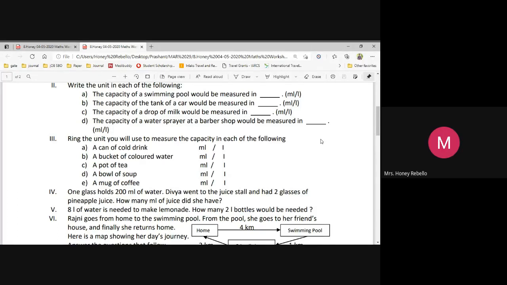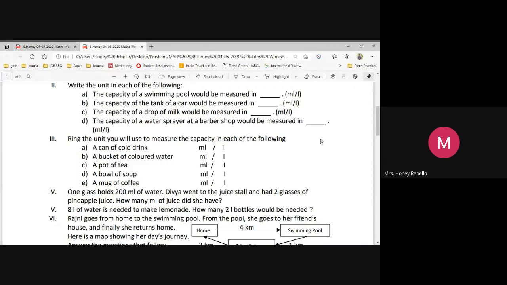Now, for everybody, don't take it as a big one. If you write ml or L, you will get marked, because some children will be seeing the big can, a 5 liter can of oil. This is a cold drink. Cool drink, of course, you'll have 2 liters at the most, not more than that. 2 liters, then 100 milliliters like that. Even soft drinks, all like that.